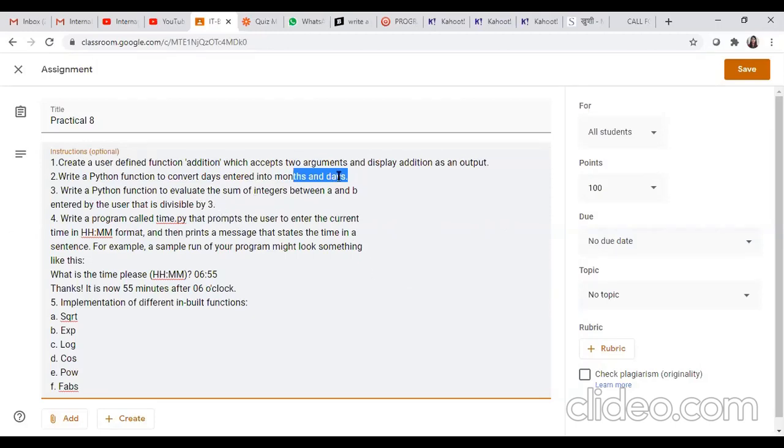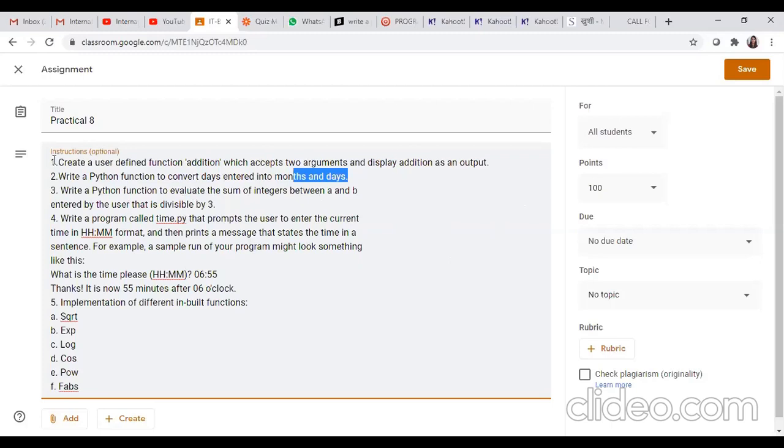So I have to store it in one list. Okay. Then 4 is not divisible by 3. 5 is not divisible. 6 is divisible by 3. So you have to add it in the list. So all the numbers that are divisible by 3, you have to store in one list and then take the sum of this list's elements. Okay.